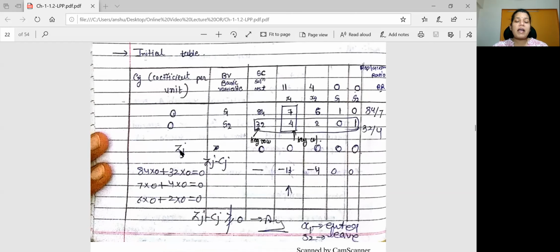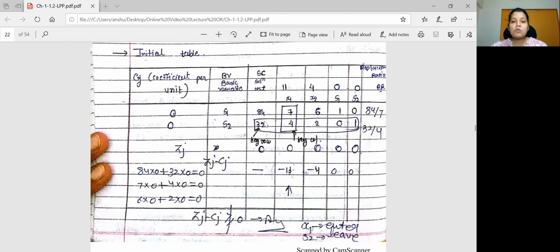Again we find the zj, that means the maximize zj. We find zj according to our formula. This method is just like a puzzle. There is no formula in this method, the Big M method, or the two-phase method. In any method there is no formula, just like a puzzle, and we use the determinant.